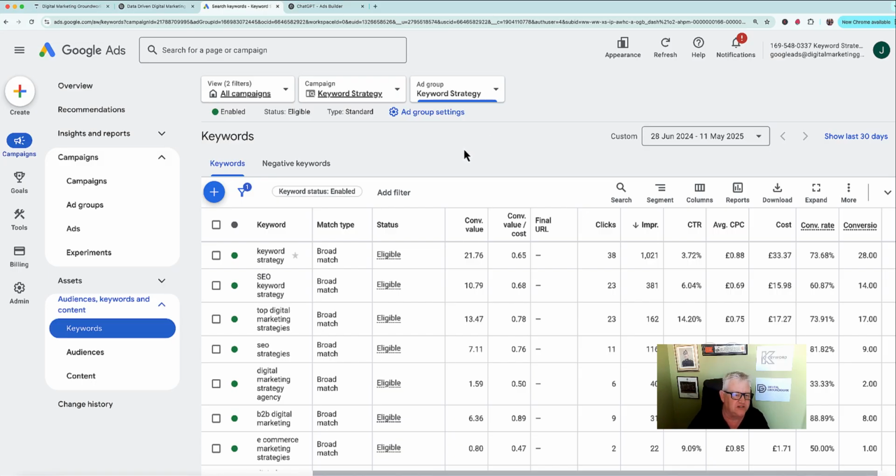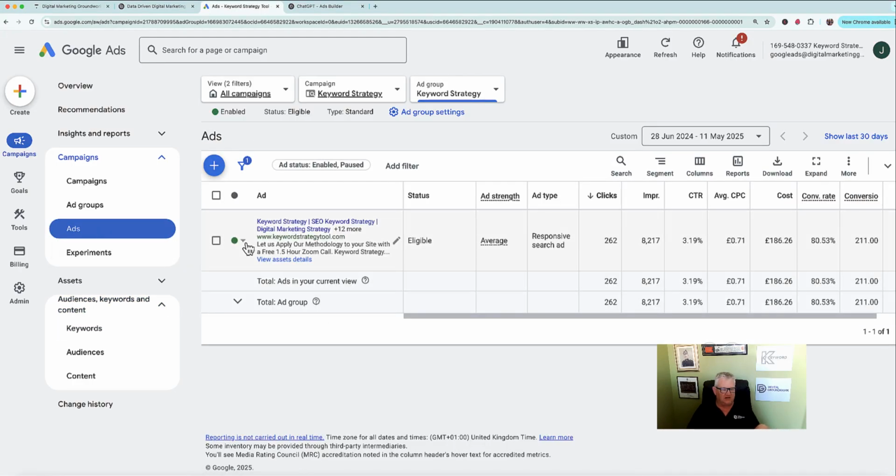And it's also worth noting, what I tend to do is I set all this up and then I pause the advert, because if there's no advert, you can't spend any money. And that then gives me a chance to check everything, that I'm happy with everything before I then set that campaign live. But I do it at the ad level. So next to the ad, see this green button here? All you do is just pause that. Make sure your adverts are running correctly and you're happy with everything, and then put enabled, which then means the campaign is running. Okay,